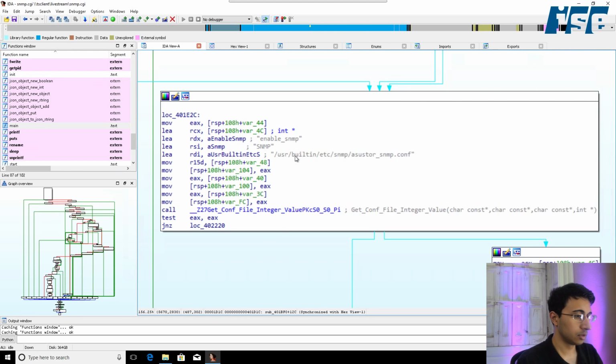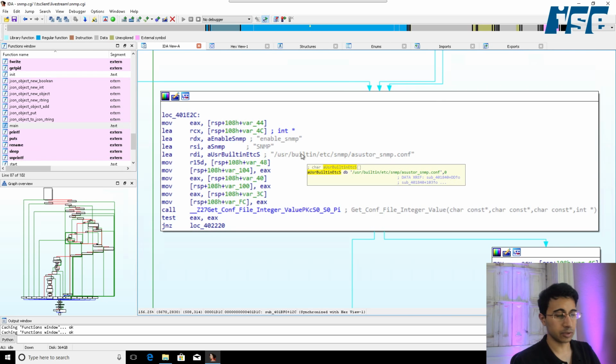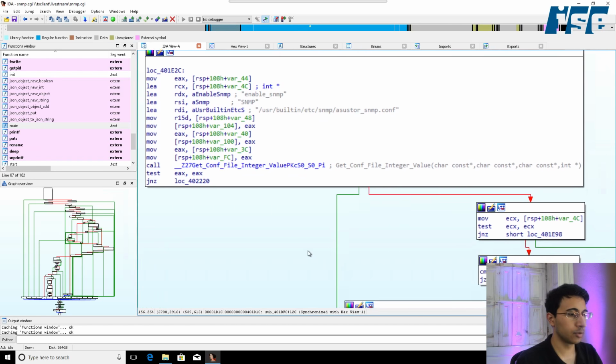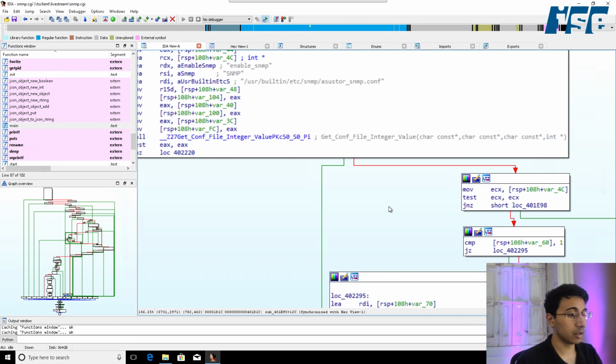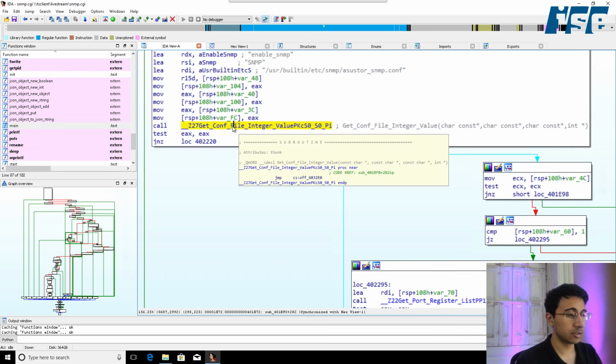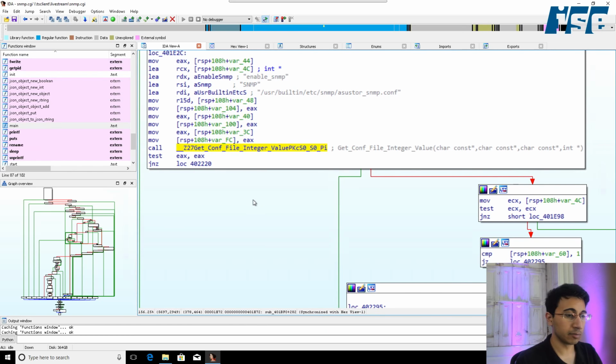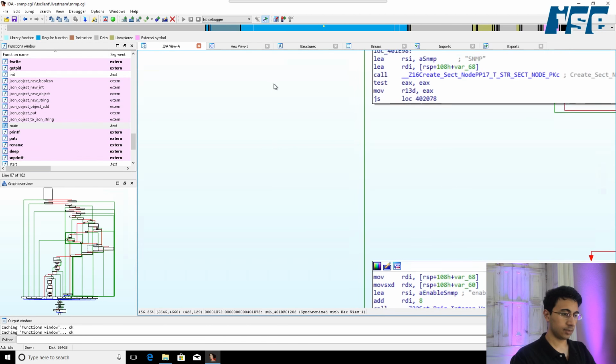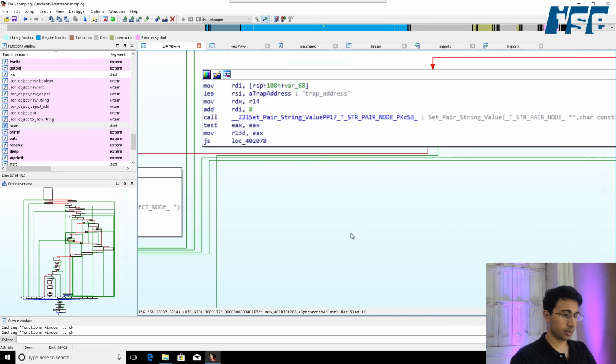So then once it gets to this point, there's that file path again that we saw in the strings output. It looks like it's going to load the string enable SNMP and the string SNMP in all caps, and using that data, it's going to read from this file by using getConf file integer value and receive a value of whether SNMP is enabled or not. And if it's not 0, it's going to go